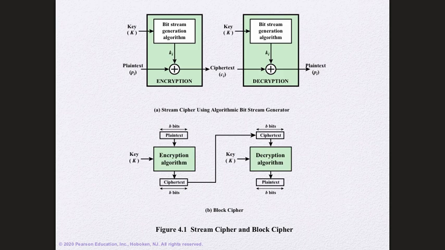What about the block cipher? The block approach works completely different, right? Or different in a particular part, not completely, okay? In this case, remember what we do? We collect a group of messages and then we feed a key to an encryption algorithm. So this is the group of messages, group of bits. Here, it was bit by bit if you deal at the bit level, okay? Here, it's a group of bits and then a key, which is another group of bits, and then using an encryption algorithm, whether it's substitution or transposition or a mix of both, right, to produce a group of ciphertext